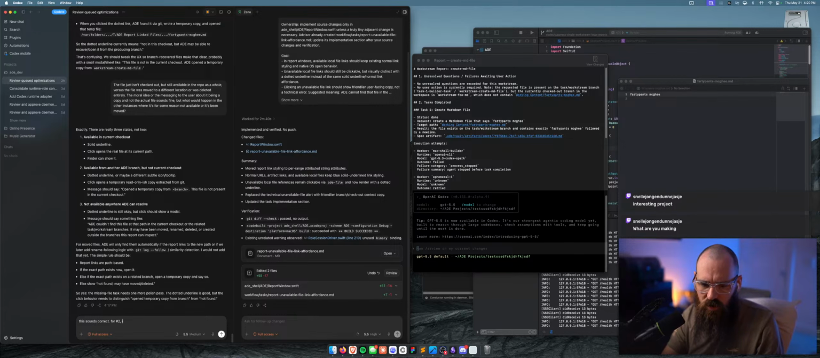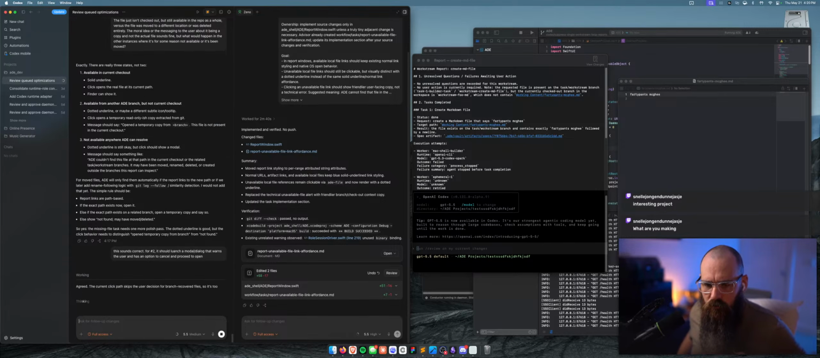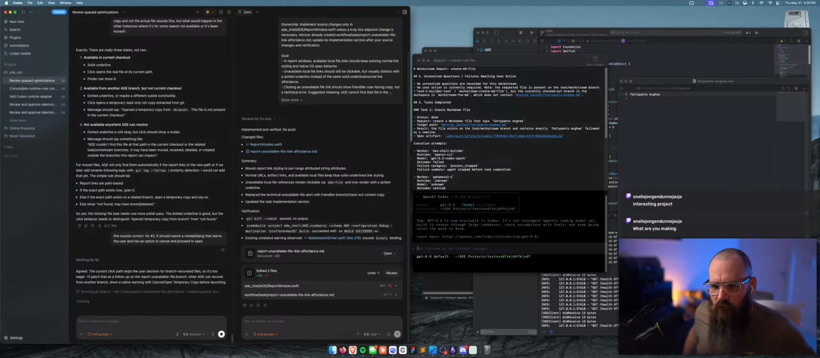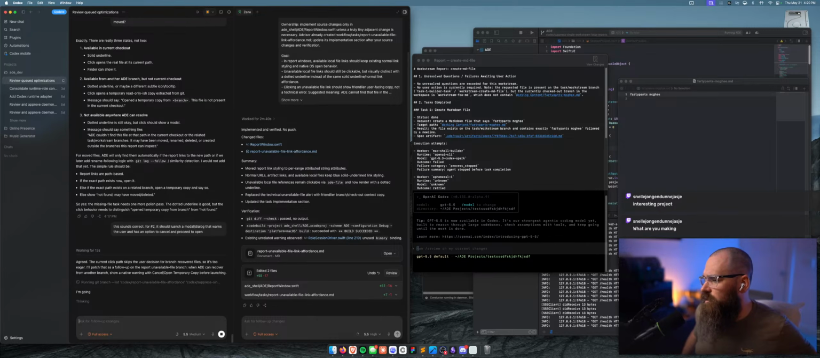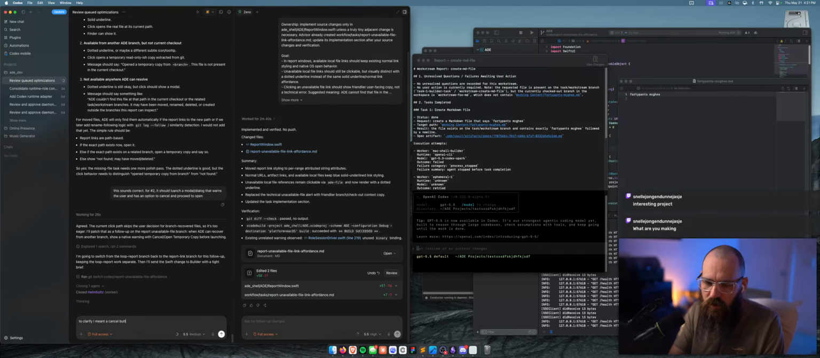For number 2, it should launch a modal dialog that warns the user and has an option to cancel and open anyways, and proceed to open. Clarify, I meant a cancel button and a